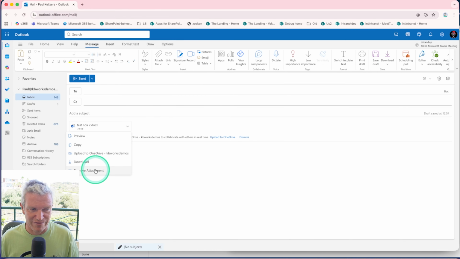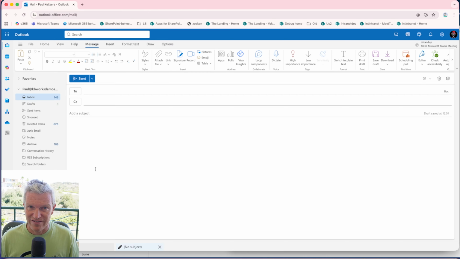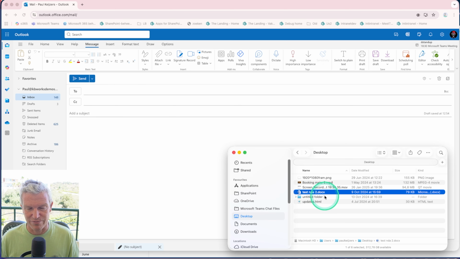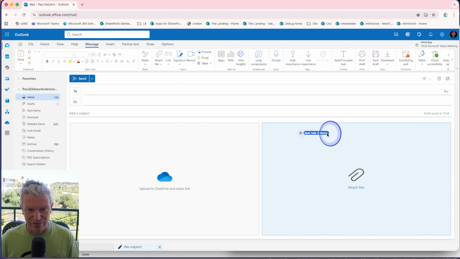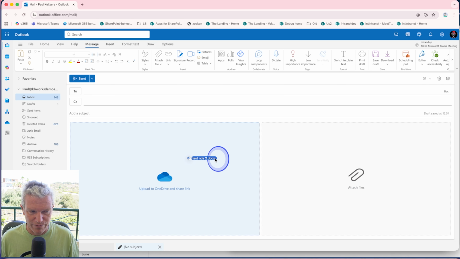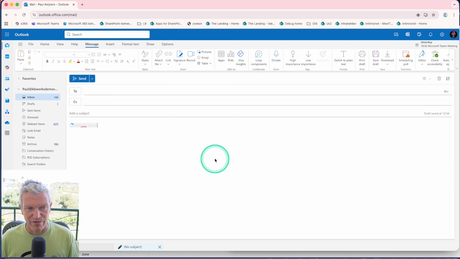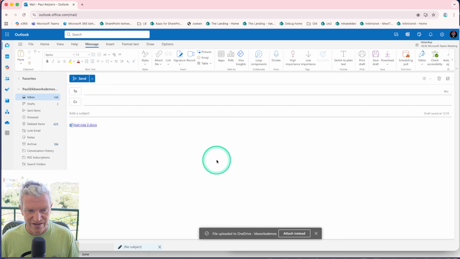And first let me remove this one. So what we are going to do, and this is something for when your file is not uploaded and not in SharePoint, because that's really important. Later on I will show you the other way. So now instead of doing attach file, we are going to upload and share. What happens is that the file is going to be uploaded to OneDrive, and if I click on this,